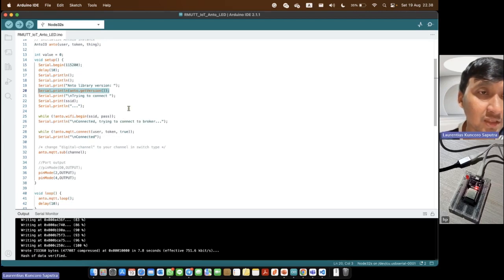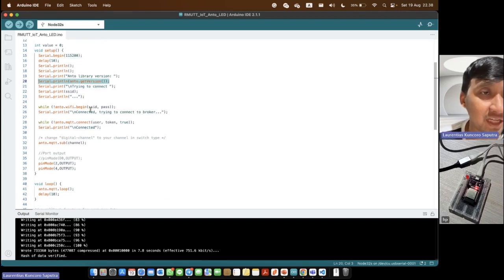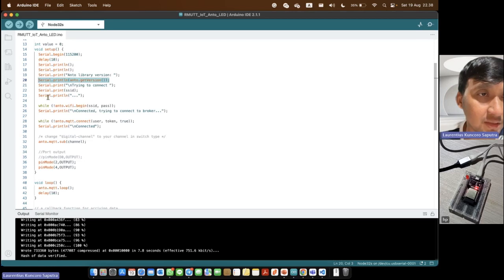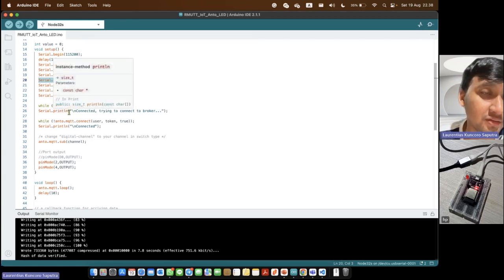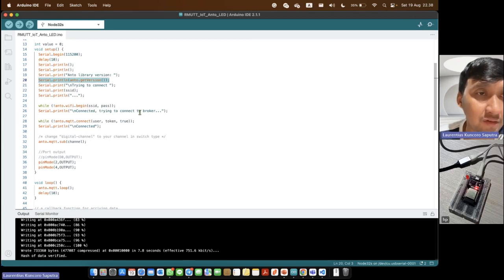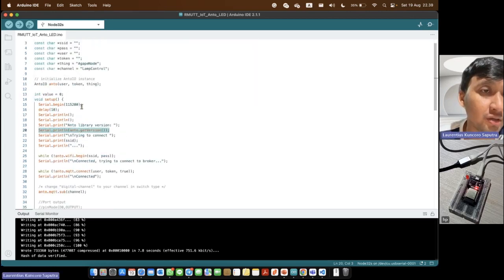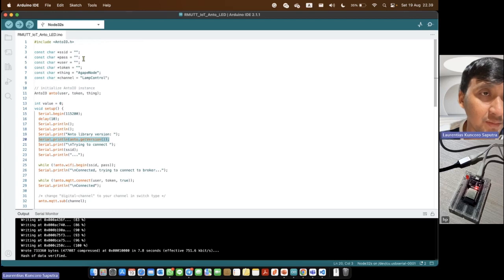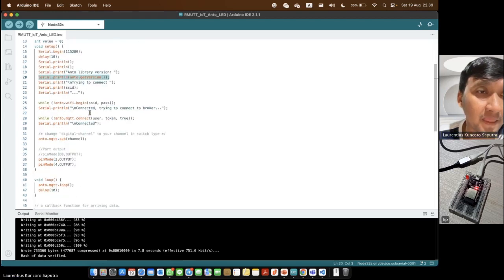After that, the system will connect to the Wi-Fi, searching for the Wi-Fi name based on our configuration before, the SSID and password. The ESP32 will try to connect to the Wi-Fi.